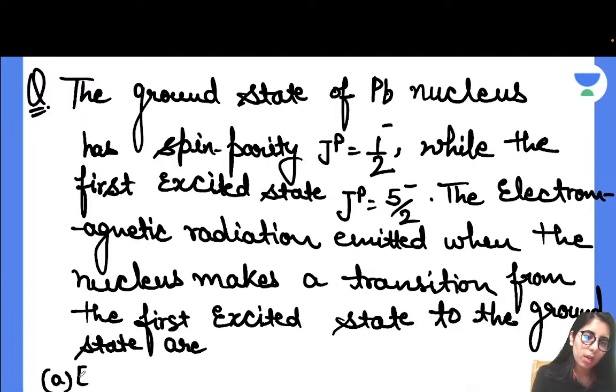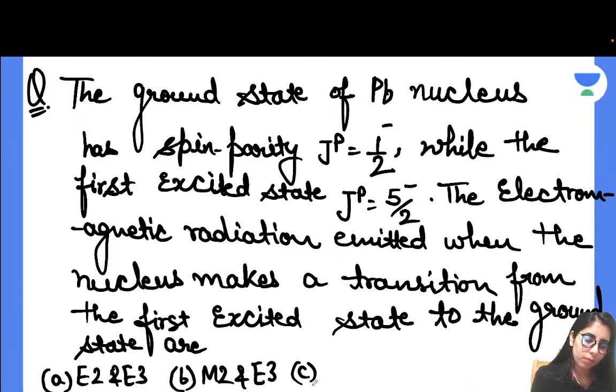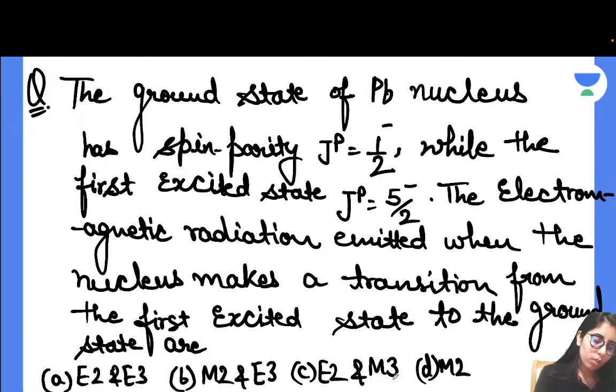So the options are E2 and E3, next one is M2 and E3, E2 and M3, M2 and M3. So in this situation,